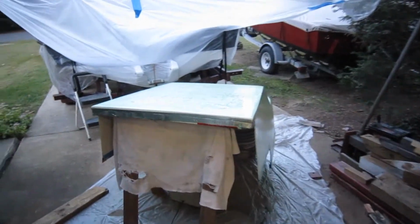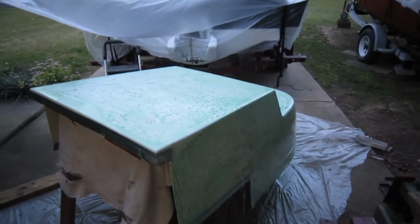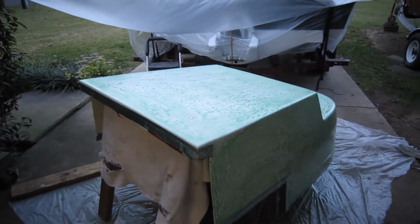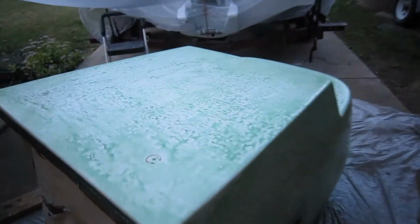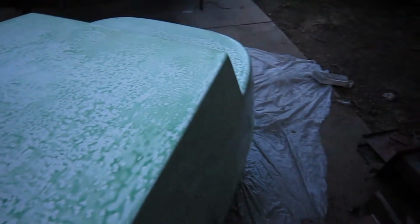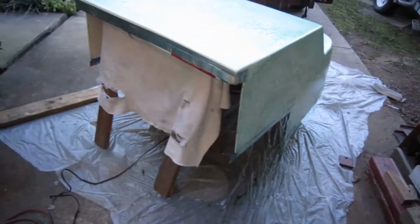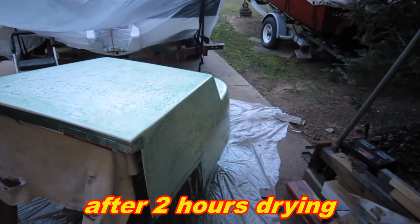Well, it's been a day, that's for sure. Not really sure what's going on here. I sprayed, and this happened. And that was my light misting. It did that. So I did another spraying, and it just kind of did it again. So I said the hell with it, and I got out a brush, and I just decided I was going